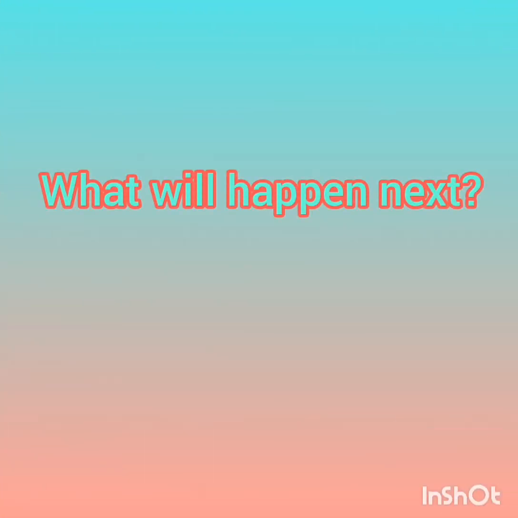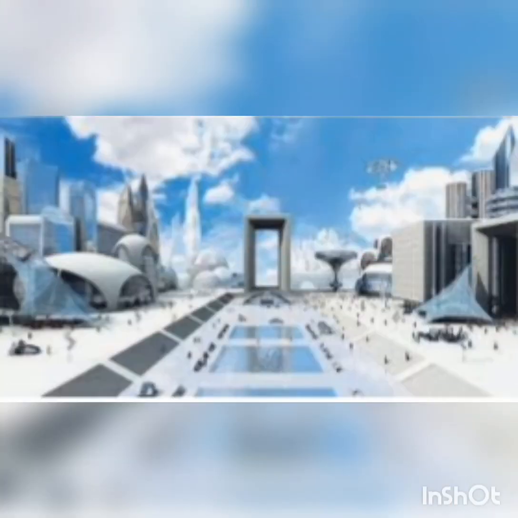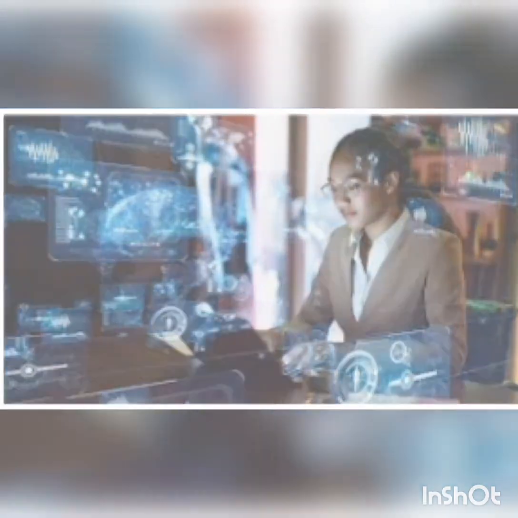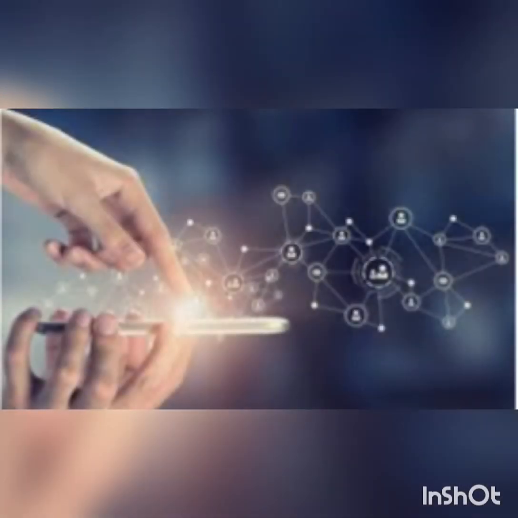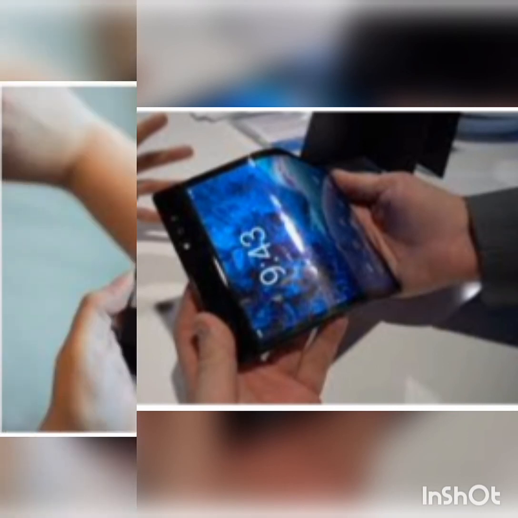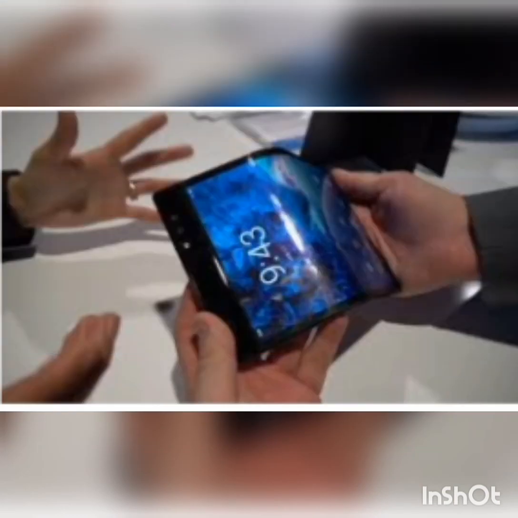What will happen next? Innovative development in the field of science and technology has brought about drastic changes in the shape and working of computers. The uses and services of computers have encroached almost all sectors. This has moved beyond the mobile phones and computers to the concept of ubiquitous computing. The facilities of the computer and its services in the future can only be dreamt of.